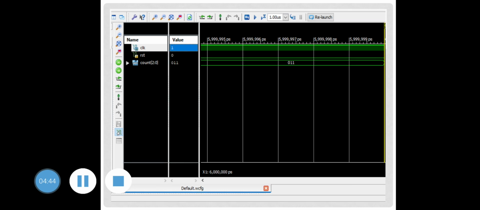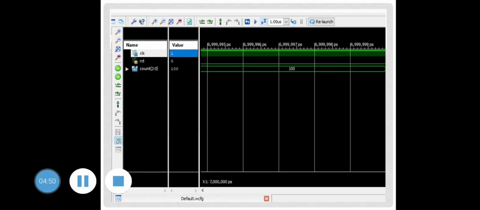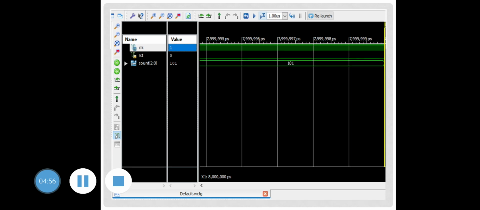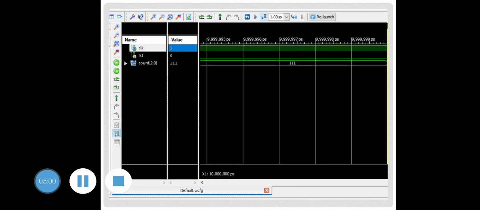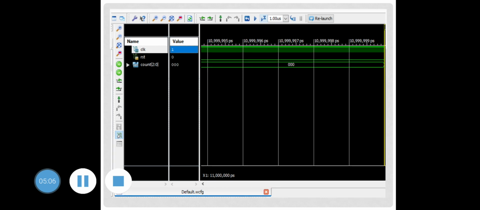As you go on giving the clock, you can see the count value is incrementing by 1. Next clock it is 100, in the next clock it is 101, and this is the last clock value 111, and again if you give a clock, it will come to 000.